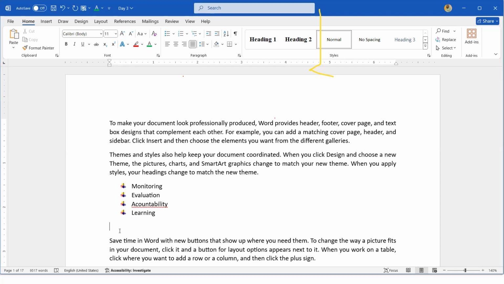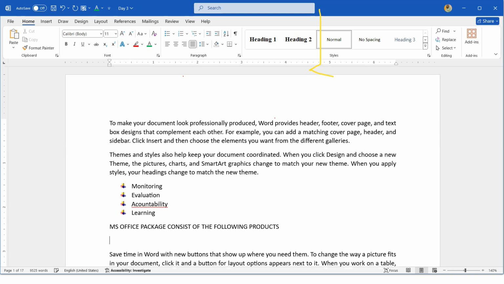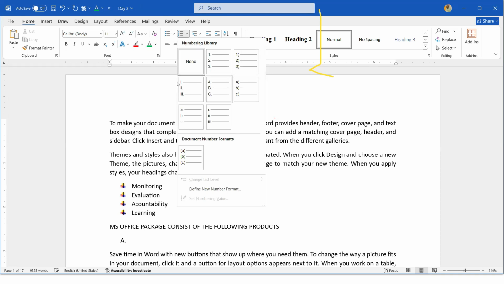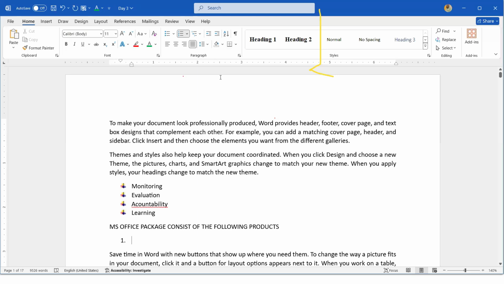So let's say MS Office package consists of the following products, like this. So now I will use bullet point. I will use numbered bullet point or alphabet. I can use Roman numbers. I can use A, B, C, D. I can use one, two, three, whichever one I want to use. So for my own, I just use two. I just want to choose numbered, normal numbers. So I will say